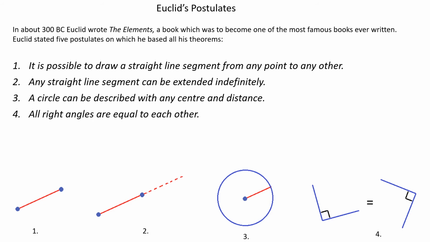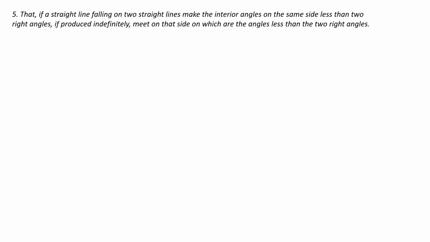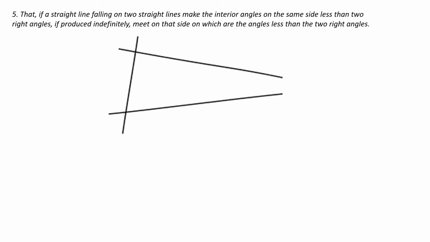And the final 5th postulate was, if a straight line falling on 2 straight lines makes the interior angles on the same side less than 2 right angles, then the lines, if produced indefinitely, meet on that side on which the angles are less than the 2 right angles. Now this last postulate seems slightly different to the others. It seems to be the odd one out, and indeed it is. So the 5th postulate, what does it say? Essentially it says that if you have 2 lines and then you have a line, and then if you